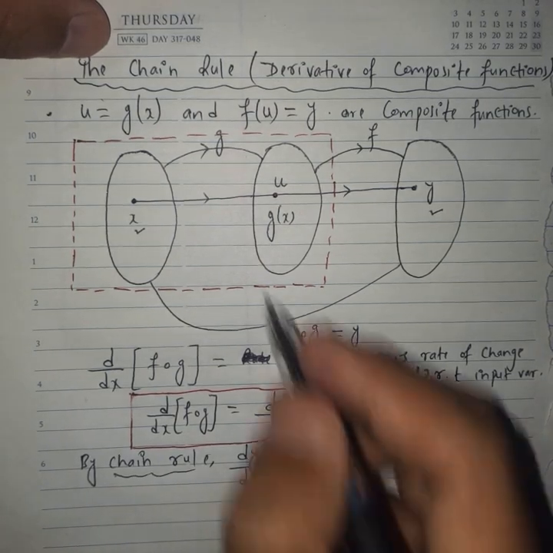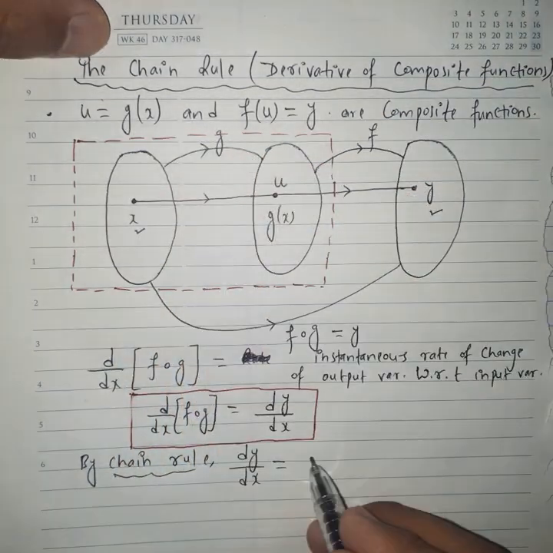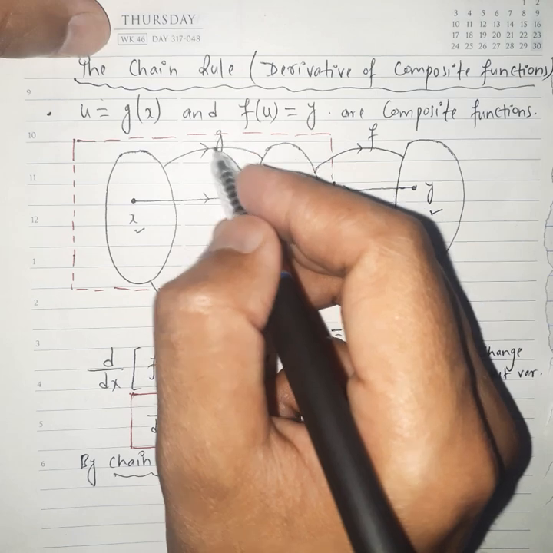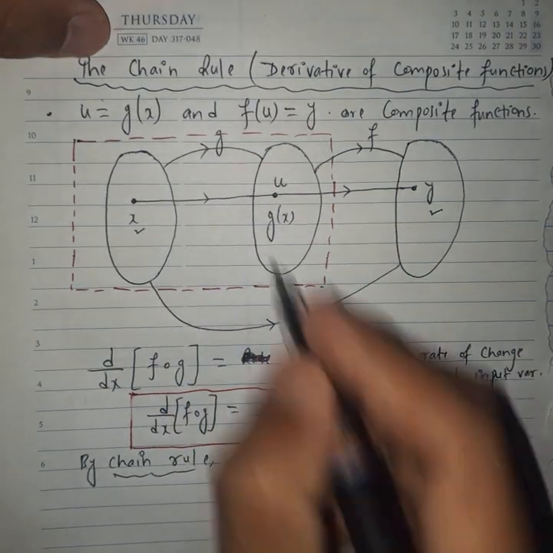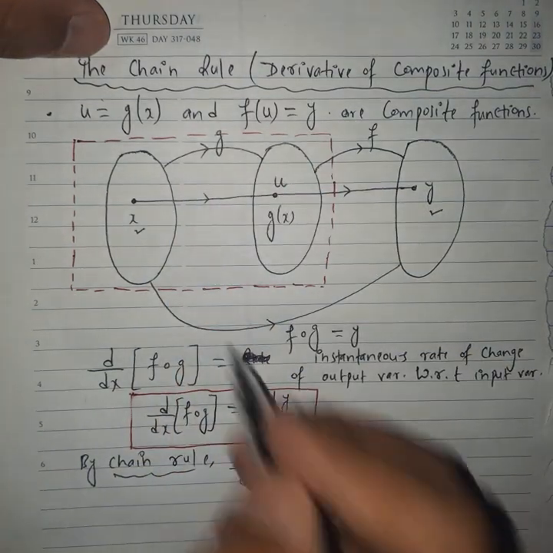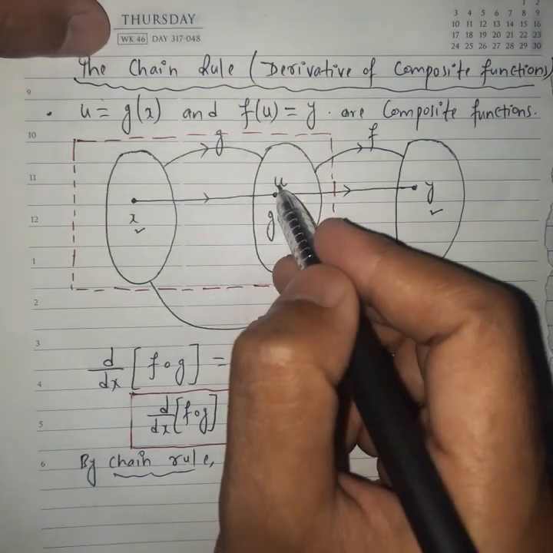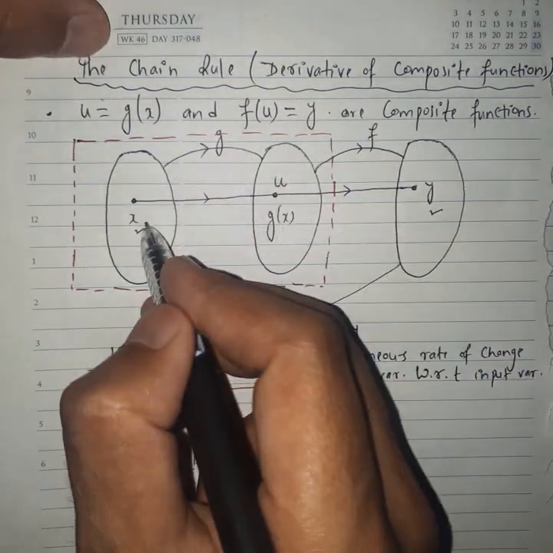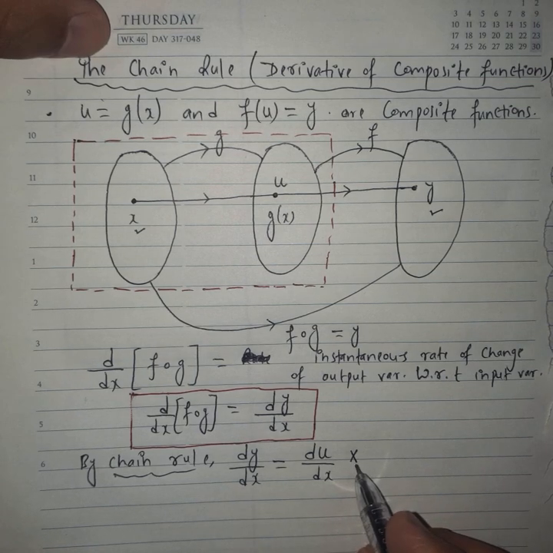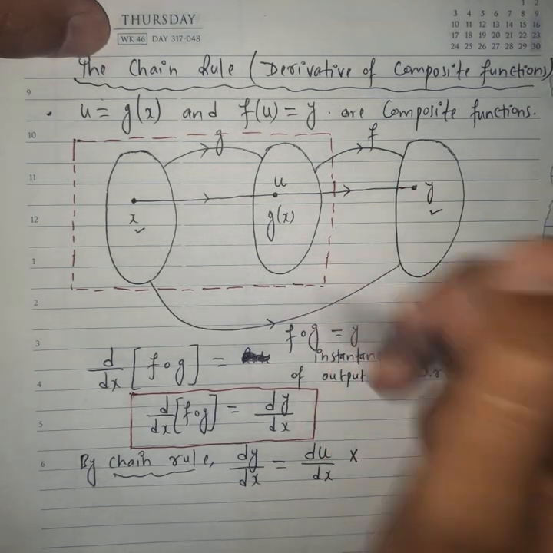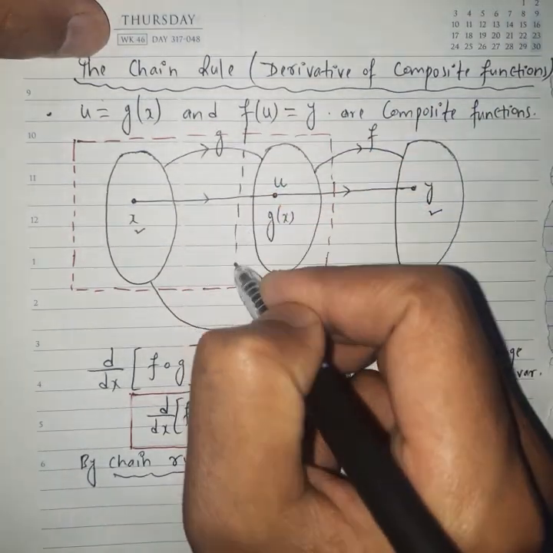First of all, taking this first function g, the rate of change of the output of g, where the output of g is u, with respect to the input, where the input is x. It is the rate of change of the output of g with respect to the input, times, according to the chain rule, we have to do multiplication here, times the next, taking these two functions.